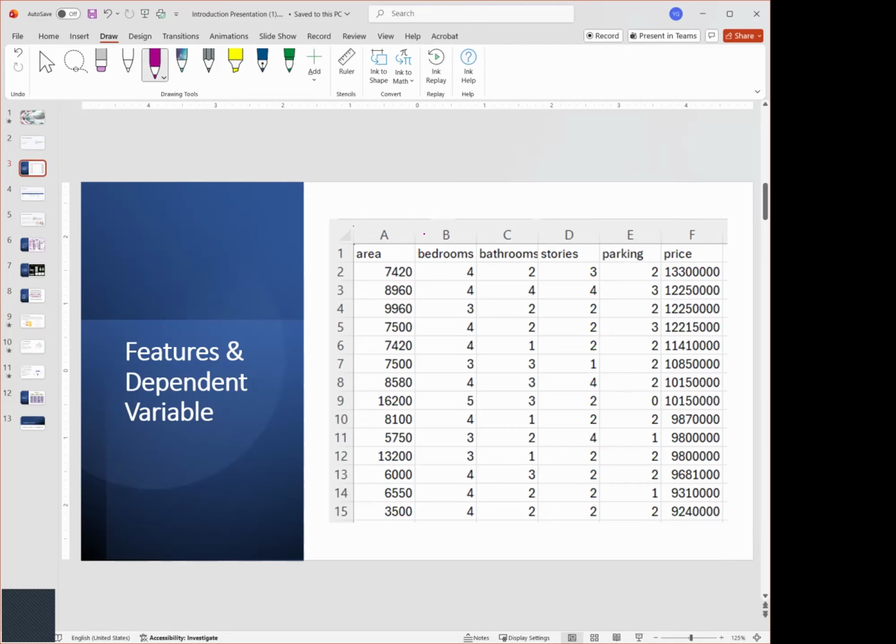In supervised learning, you tell the computer what the features are and what the dependent variable is. So you tell the computer, area is a feature, bedroom is a feature, bathroom is a feature, storage is a feature, parking is a feature, and price is the dependent variable. Since you are telling the computer what the features and the dependent variable are, we call it supervised learning.